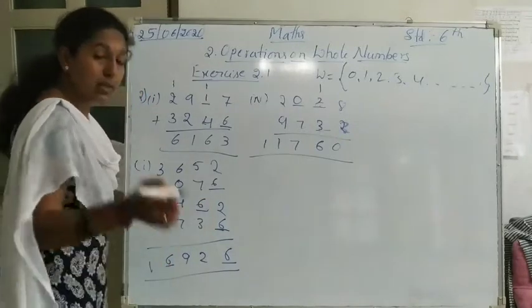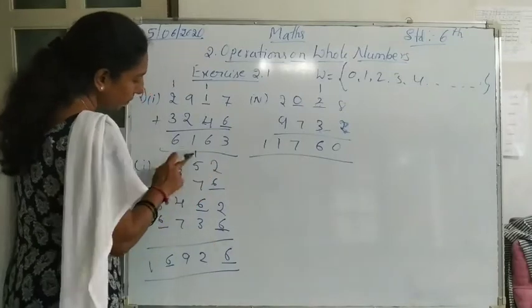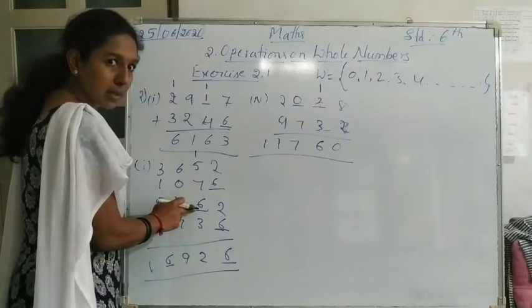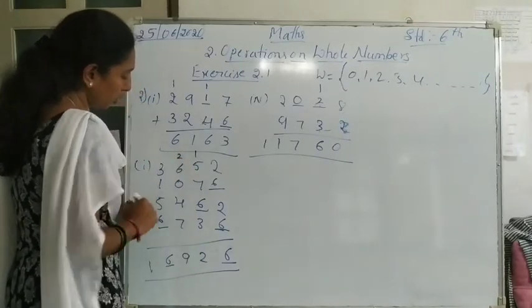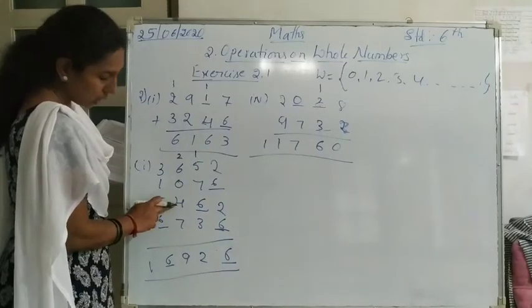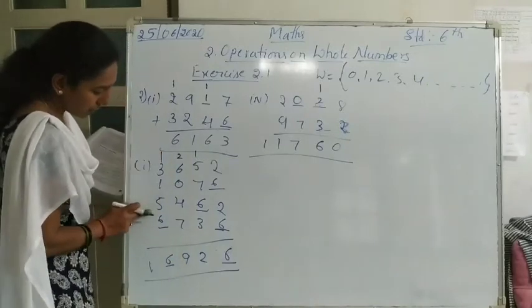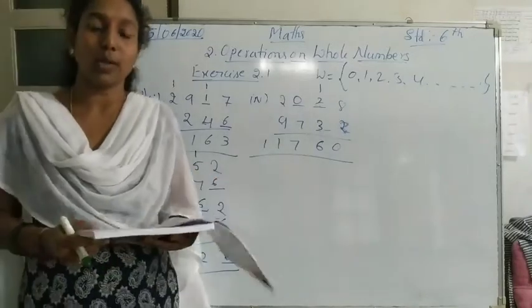Then I will once again recheck it. So 16, 1 carry. Okay, 6 plus 7 is 13, 13 plus 6 is 19, 19 plus 3 is 22. 2 carry. 6 plus 2 is 8, 8 plus 4 is 12, 12 plus 7 is 19. 9, 1 carry. So 5 plus 5 is 10, 10 plus 16. So the answer is correct. So the answer is 6.